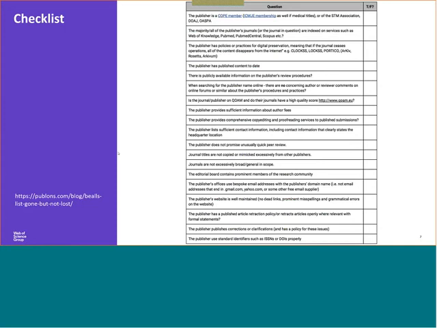Because Bill's list was stopped, a lot of researchers have been asking, if we can't use Bill's list to check, then what else can we use? So we provided this checklist on Publons for any user. And these are additional questions that you can ask before you submit your journal articles to that particular journal.